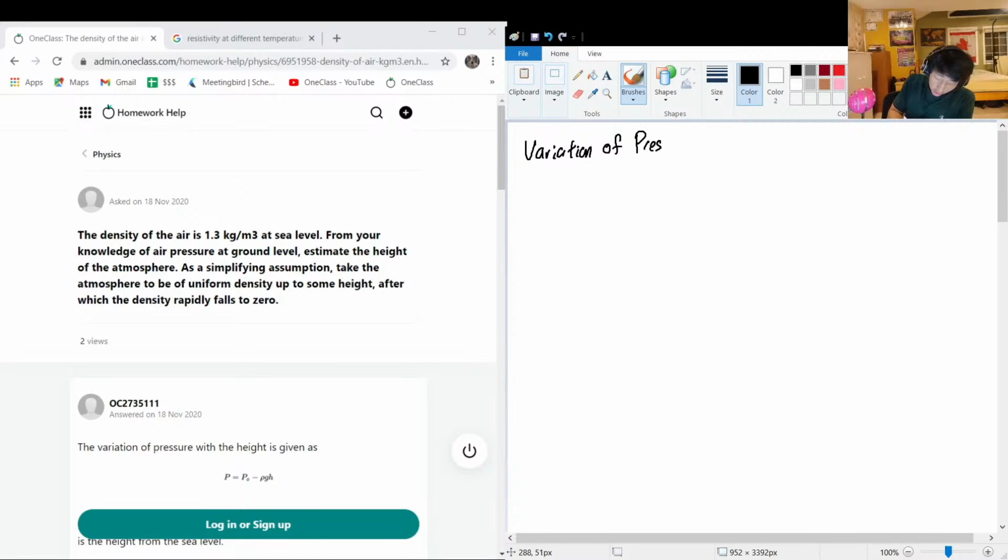Of pressure with height, and this is an approximation. Okay, so